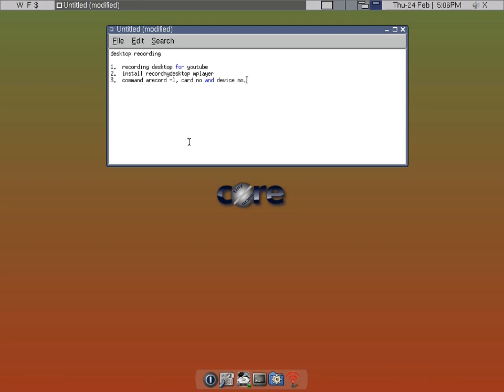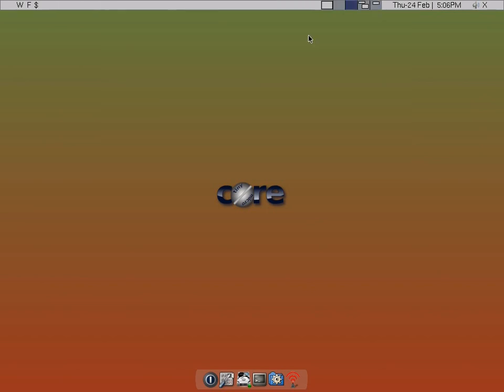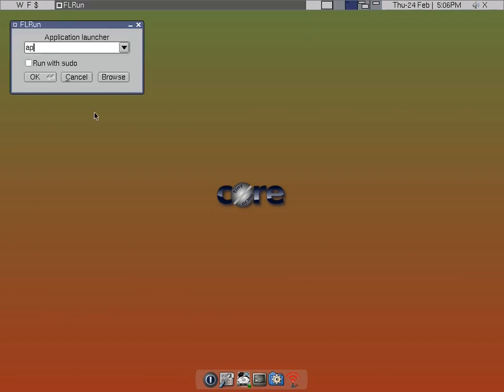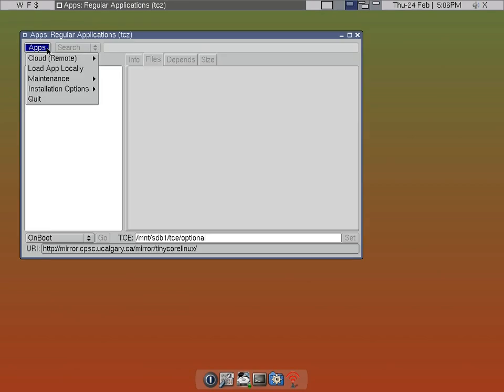So the first thing you have to do is to download the extensions recordmydesktop and mplayer. So I can just demonstrate here. What we want to do is go to apps, and then there is a record